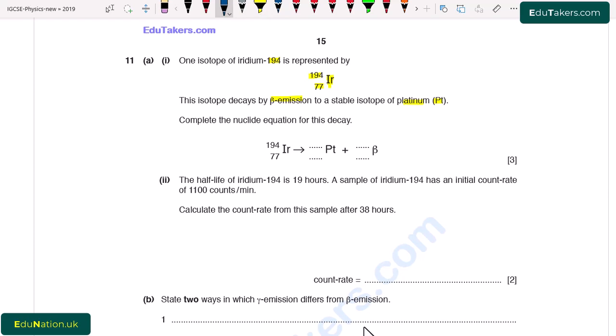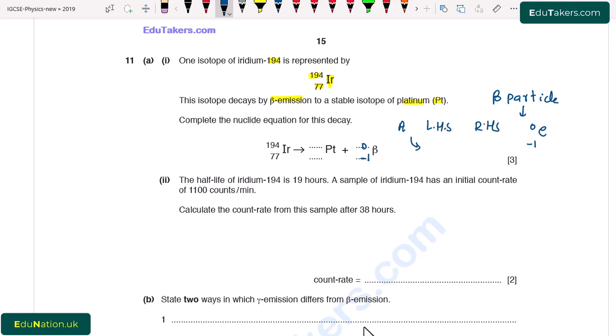We know that when an element emits a beta particle, its mass number remains the same, but the atomic number increases by 1 because beta particles are actually electrons with 0 and -1. So beta particles are represented by this. I write here 0 and -1. So we have to balance the atomic number and mass number on both sides of this arrow. I write here the mass number that is represented by A, left hand side and right hand side.